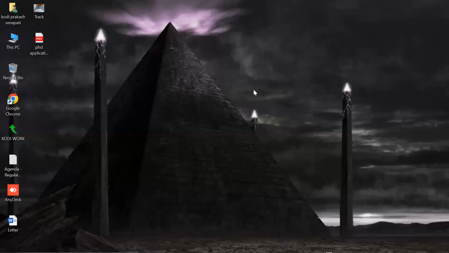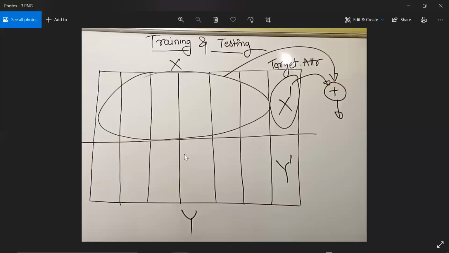Online team, are you clear or not? Yes, Washim? Okay. The next one, X-train, X-test, Y-train, Y-test, we understood clearly. We understood what is meant by model. What is meant by model? So what are the models?